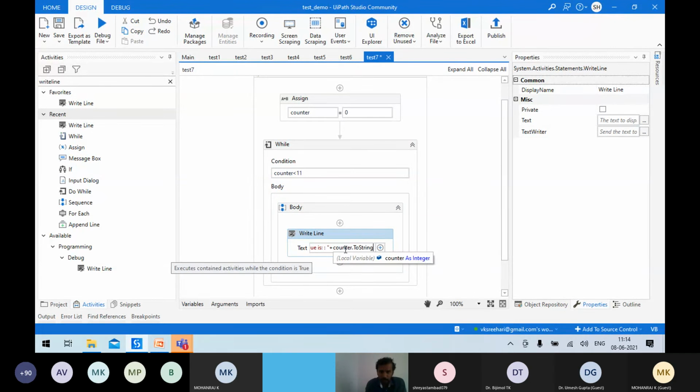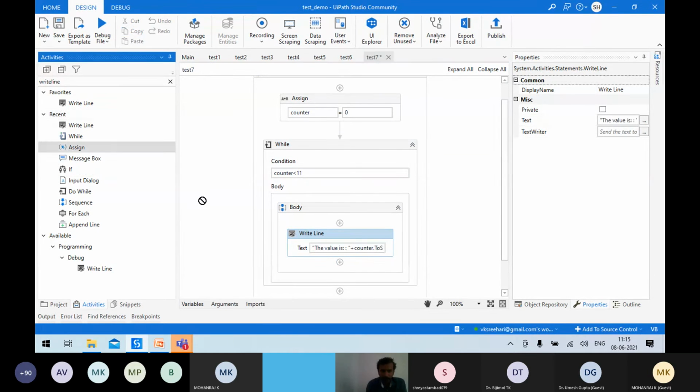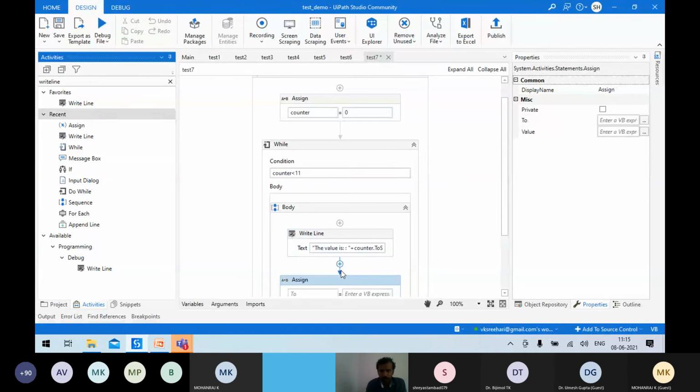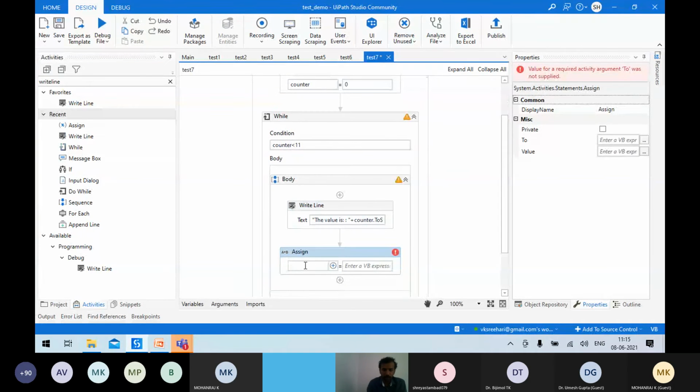Once after displaying 0, we have to increment the counter to print the next value. For that, we'll keep an assign activity here, and type counter equal to counter plus 1.